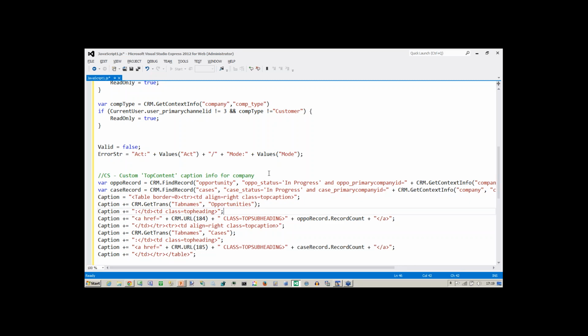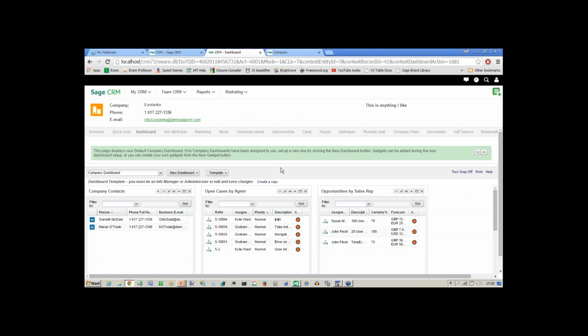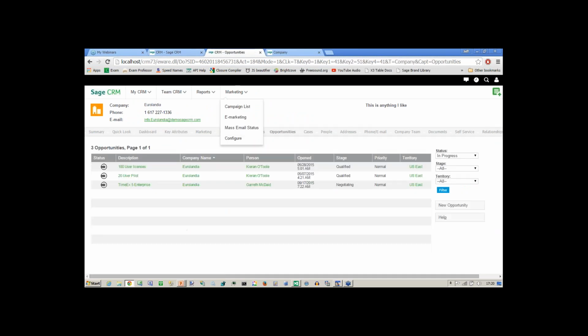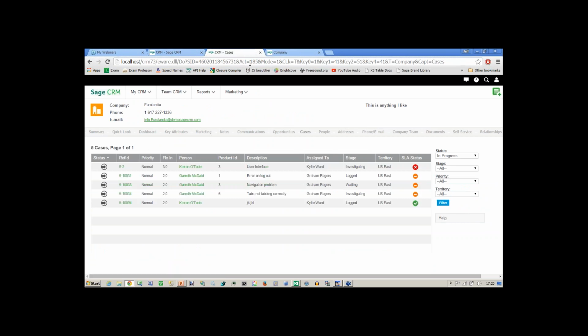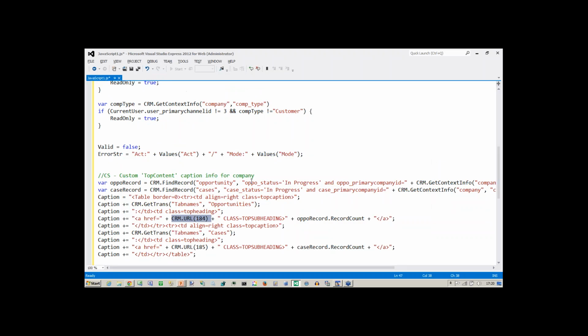Now, one of the things that we haven't met before is this idea of the crm.url, and then there's a number in there. This is perhaps a little easier for you to understand because if you look at opportunities, we're using the action code 184, and if we look at cases, we're using the action code 185. These are the internal references for that, and by using the method crm.url, we are building the correct path with